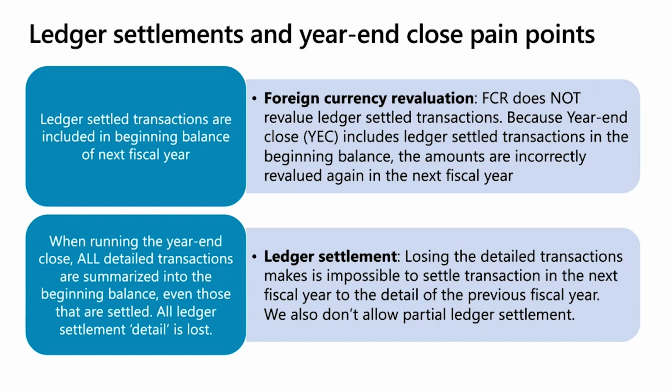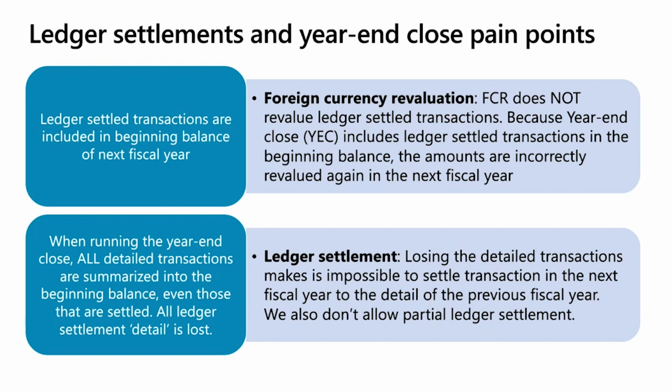So as part of the year-end close, again, all that data has been summarized. Let's just take an example. Let's say we have 2 invoices. Each one is for $100 US. You run a year-end close, and it's summarized to be a $200 beginning balance. So now let's assume a customer pays for the invoice in the next fiscal year. The issue is that that $100 payment can't be settled to the $200 summarized value because we don't allow partial